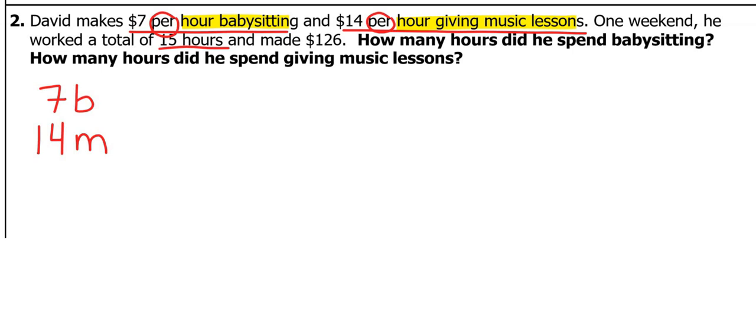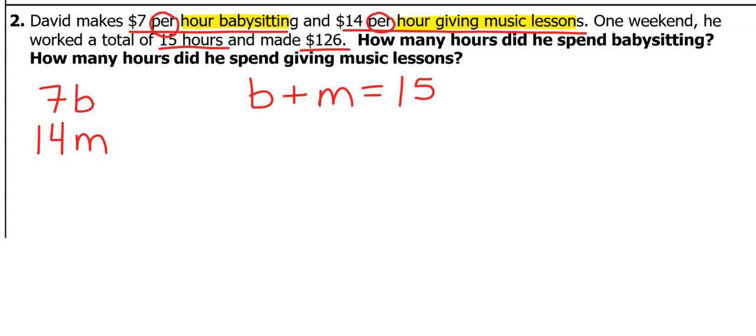So one weekend, B plus M, the number of hours babysitting and the number of hours giving music lessons, together was equal to 15 hours. So remember, the individual letters B and M stand for the number of hours, and together the number of hours was equal to 15. Now, the other piece of information they give you is they said that he made